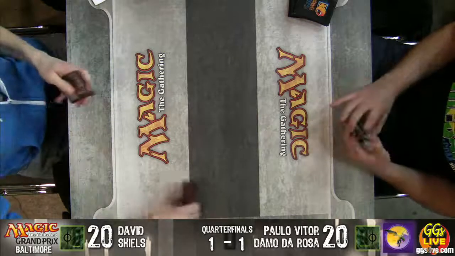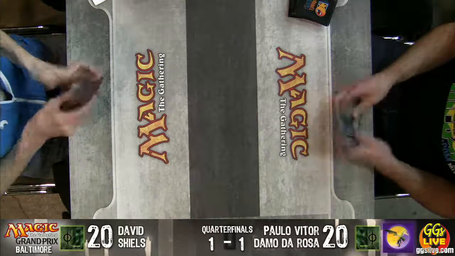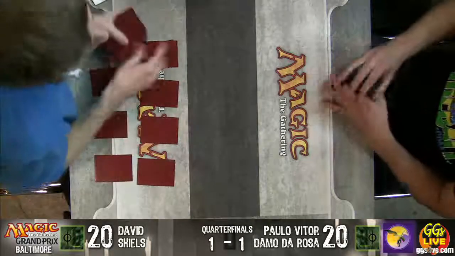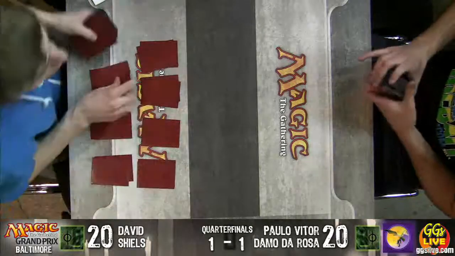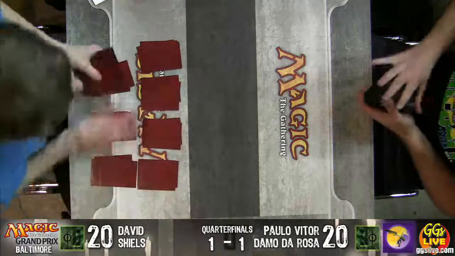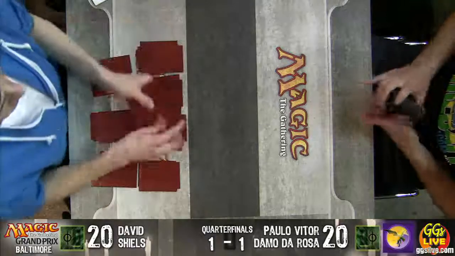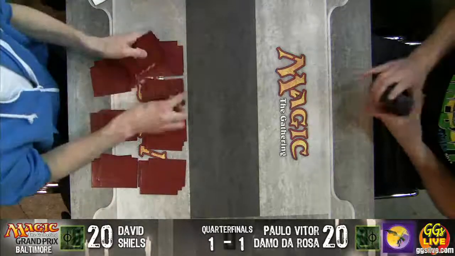Both players looking at their hands. Shields does not like his, and neither does Paulo. So it's going down to 6. I'll keep no blue in 3 Island yards. Tell him 4 Island yards, 3 spells. So going to 6 for both these guys